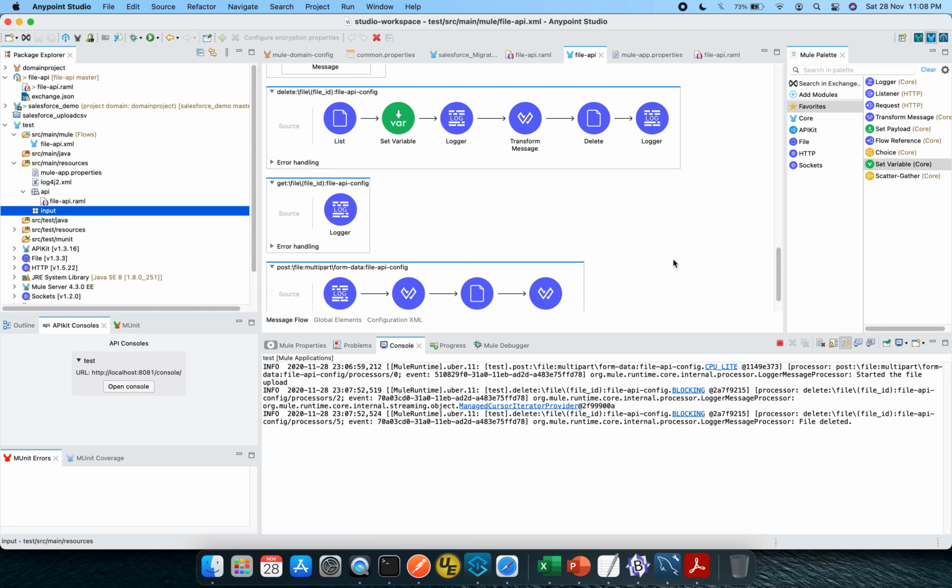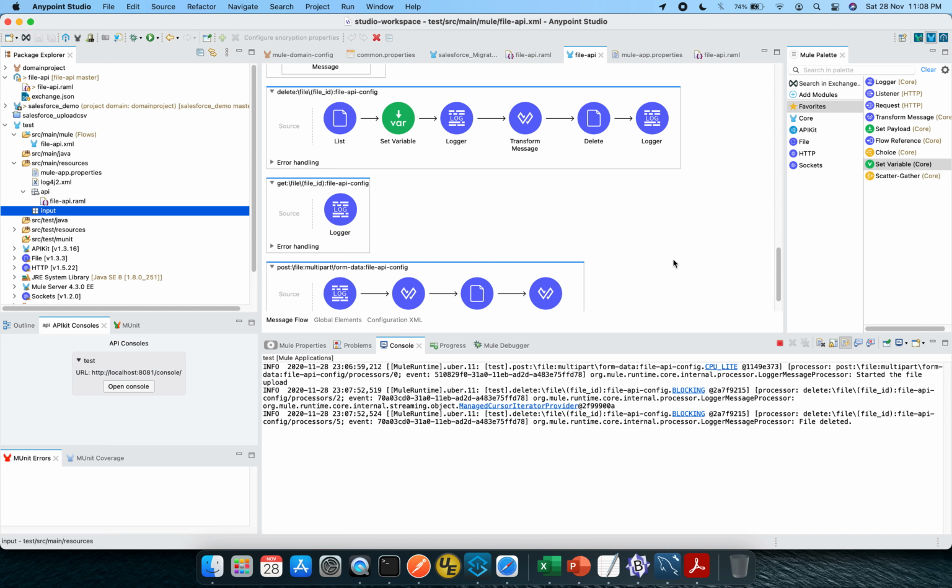The ultimate aim of this video was to showcase how we can use a RAML specification for file based flows, and you can manipulate depending upon the form data and the key values which you are setting.